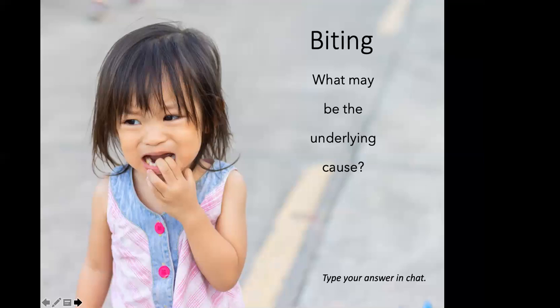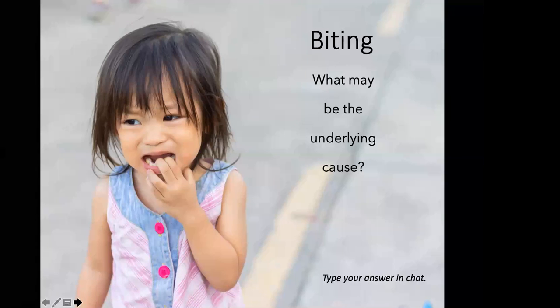So when we're thinking of our fight, flight, or freeze brain trying to get us the quickest, safest response, biting is one of the first ones to pop up. You bite someone, they instantly back away. You've met your goal. Now, how do we figure out how to retrain that? When we've identified the surface emotion, we can start to figure out how we can teach the child other less painful ways to communicate what's going on.